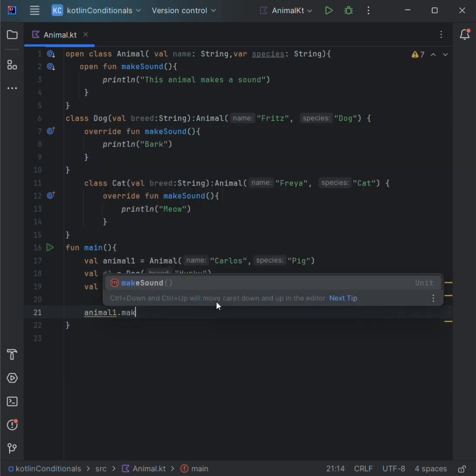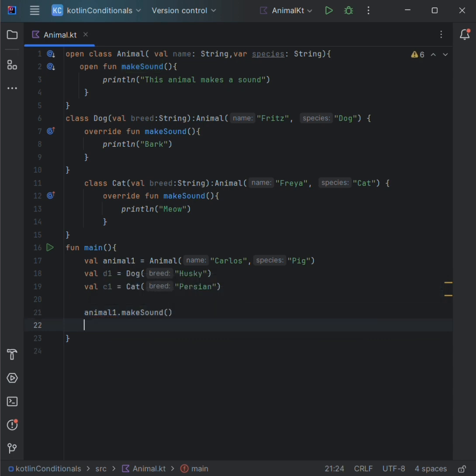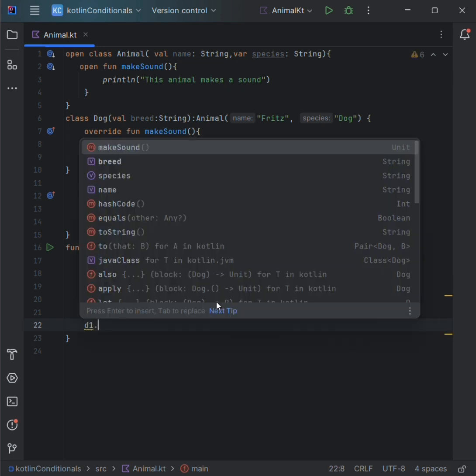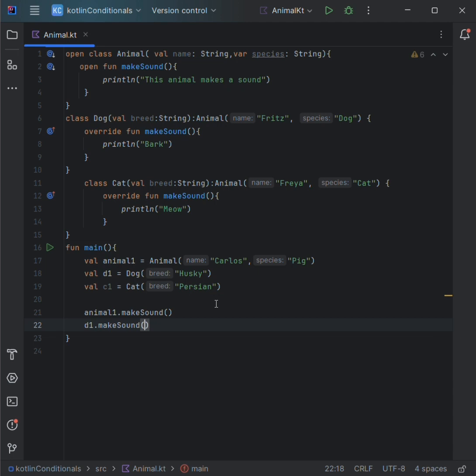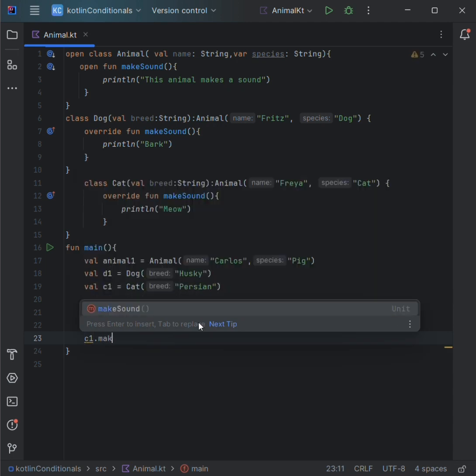Animal1 dot makeSound, dog1 dot sound, dog1 dot makeSound.